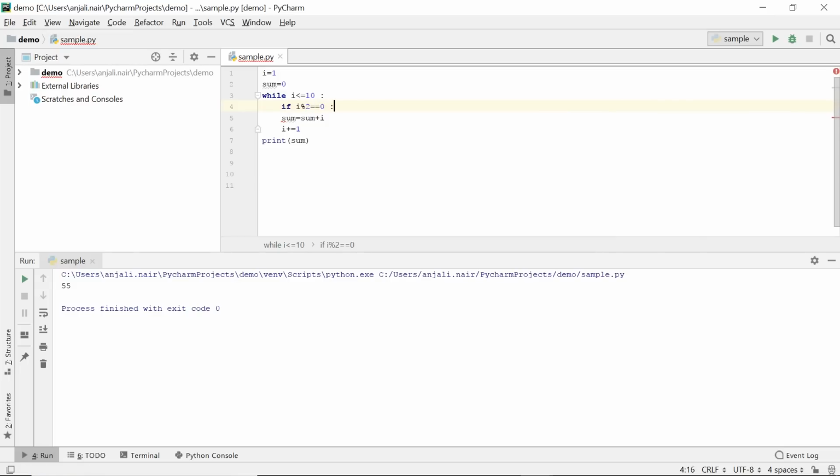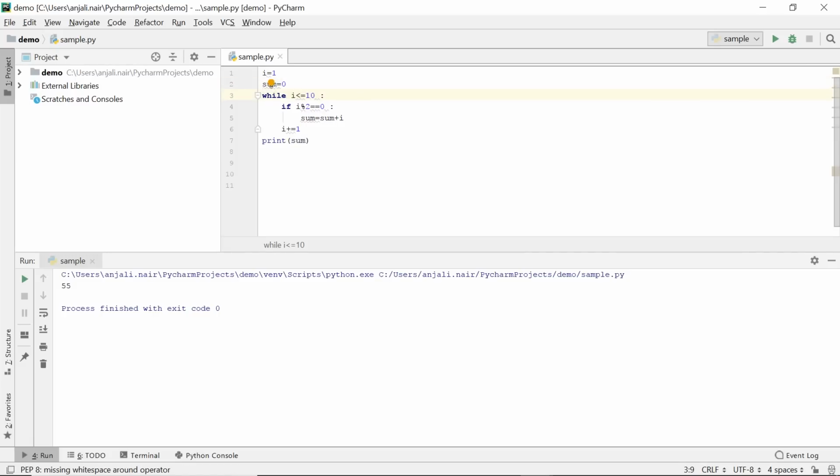And if that is the case, we can find the sum of the number. And whether that's the case or not, we still need to increment i every time within the while loop. So sum would come under the if statement, but i plus equal to 1 would remain under the while loop and not within the if statement. So I'll repeat this once again. i, which is our counter variable, will start from 1. Sum will be equal to 0.